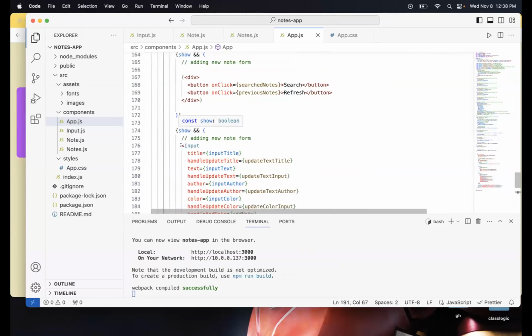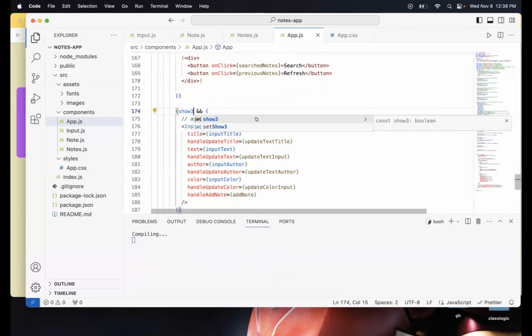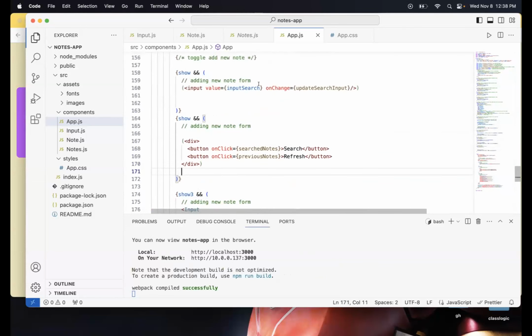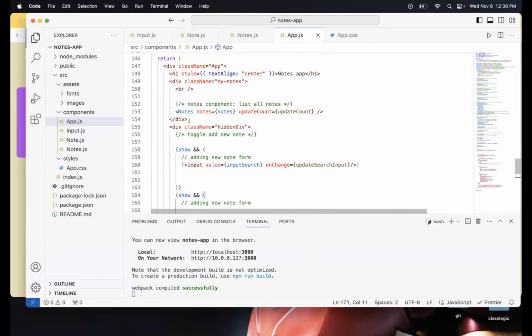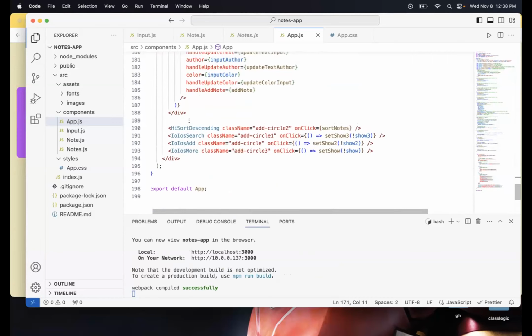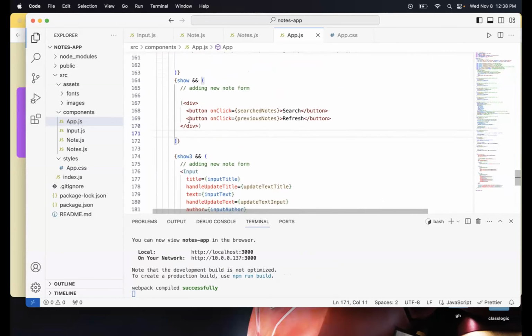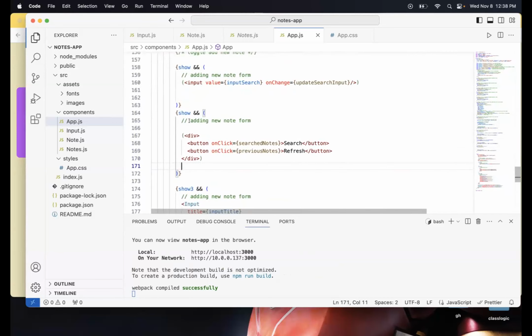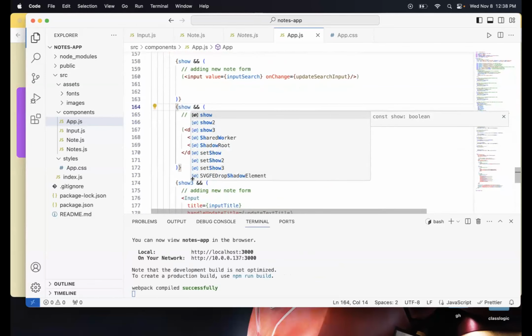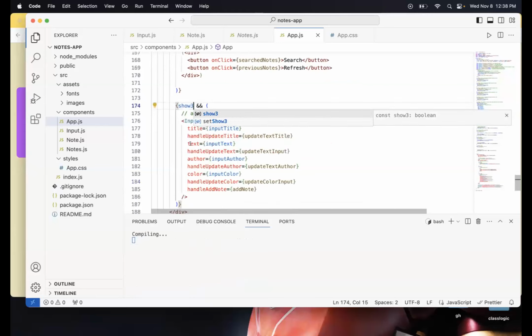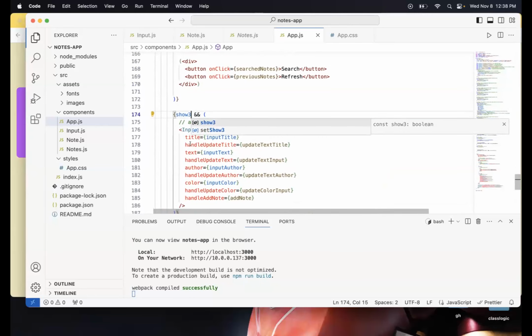So for this, let me call this show 3 because it's gonna be based on the button over there. Where's my search bar? Oh, okay, I see what's wrong. All right. My bad. I'm gonna change this to show 2 because this is gonna be the input.